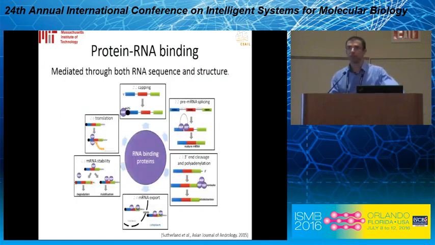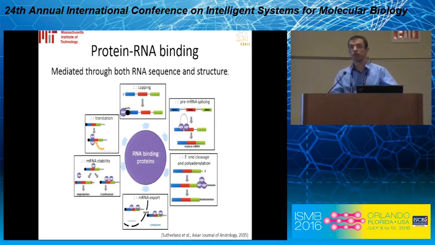So I'll start with the motivation slide. We know that protein-RNA interactions play roles in many processes in the cell, including the capping of an mRNA, splicing in different forms, export from the nucleus to the cytoplasm, an effect on stability as well as translation efficiency. And these interactions between the protein and RNA depend both on the RNA sequence as well as